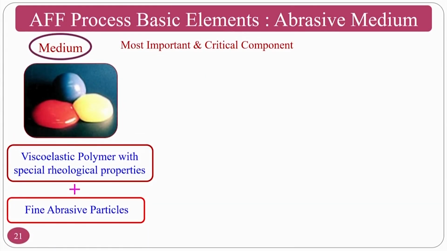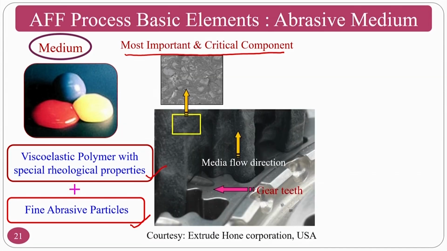The medium is the most important and critical component of this abrasive flow finishing process. Okay, so the medium, this picture is taken from Extrude Hone, which is nowadays called Kennametal Extrude Hone. It will have the base polymers, that is viscoelastic polymers with rheological properties, and fine abrasive particles. Okay, so